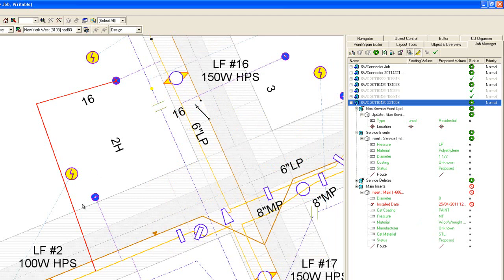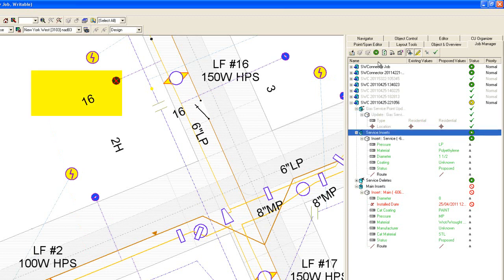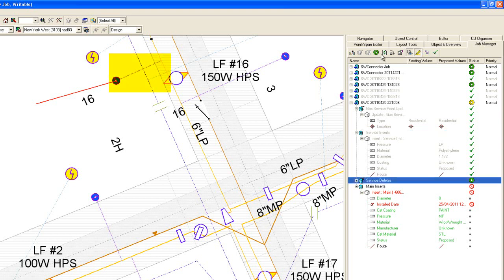To load these XML job transactions into real Smallworld objects, I need to select and run the job. I could select the job at the top and press the run button, and it would run all elements in order into the Smallworld database. However, in this case, I will play each element in individually. The update to the gas service, if I press run, that has now changed the gas service. I insert another service, I see the line insert. I delete,